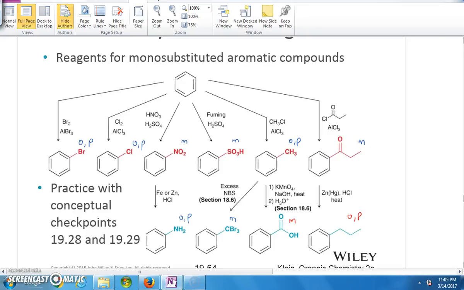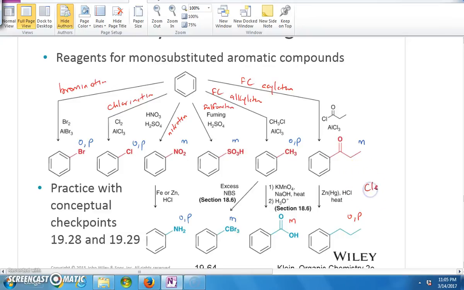If you want to carry out a bromination, you have a chlorination, you have a nitration, you have a sulfonation, you have an alkylation or a Friedel-Crafts alkylation, you have a Friedel-Crafts acylation, then you have